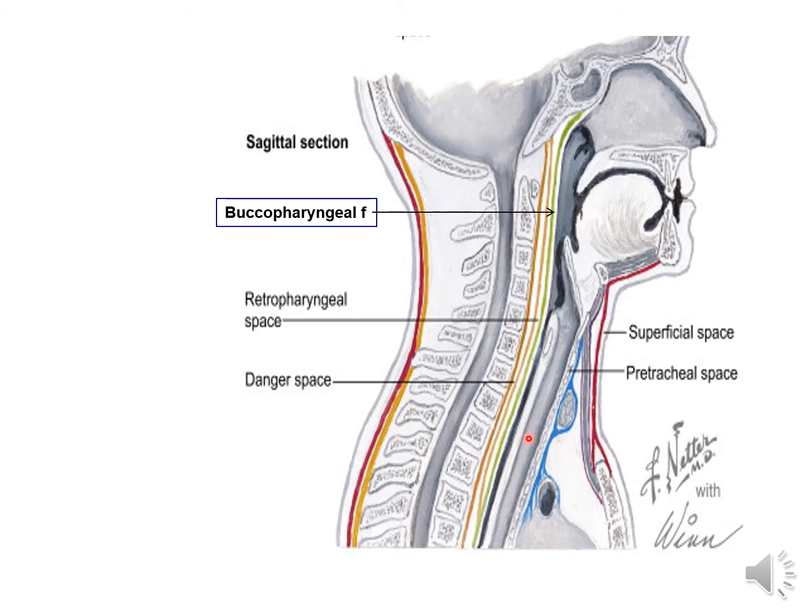Then this is your larynx, which is continuous with the trachea below. This is your pharynx, which is continuous with the oesophagus below. So over here you can see that the pretracheal fascia in front of the pharynx is continuous as the buccopharyngeal fascia. So this green colored one is your buccopharyngeal fascia, which below is continuous with the pretracheal fascia.